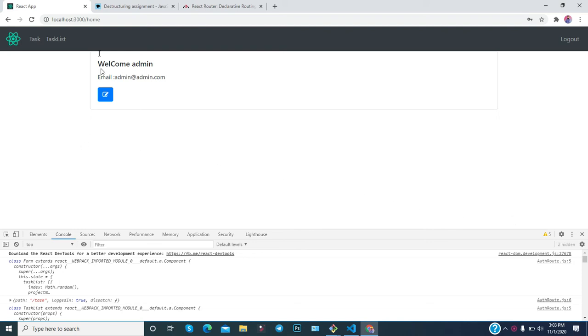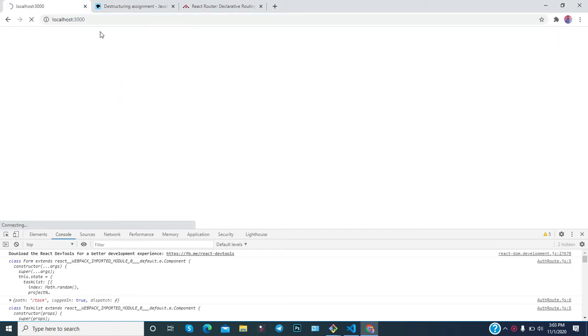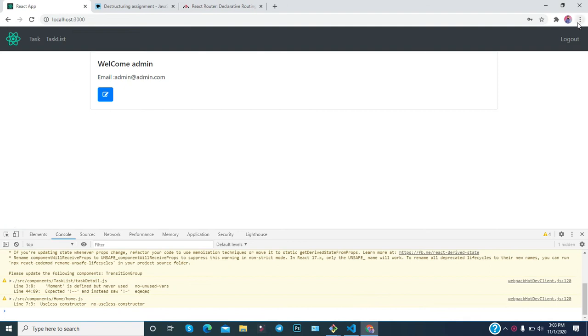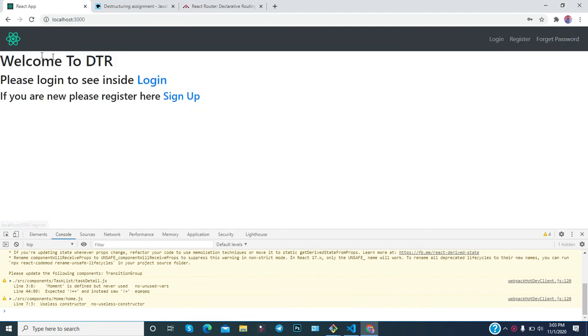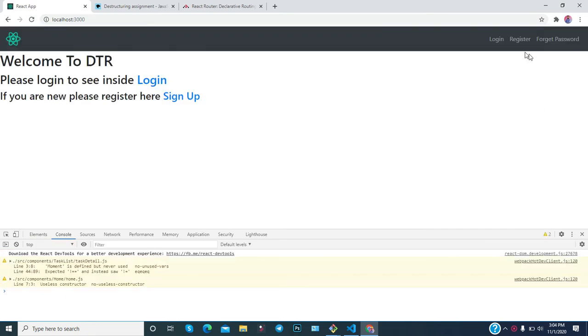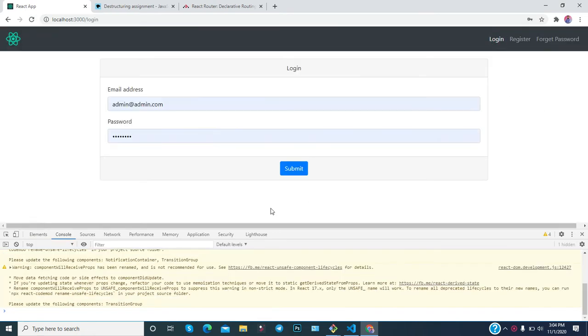As you can notice, if you type only the domain name here, you get this page. If the user is logged out, the user will get this type of page. So based on the user authentication, you are showing the page or component on the root domain. How can you achieve this type of functionality? Let's talk about these things.